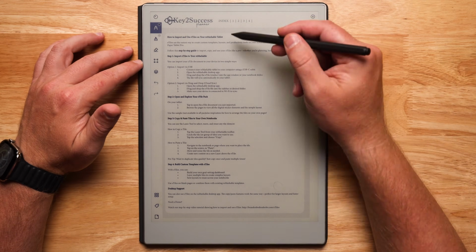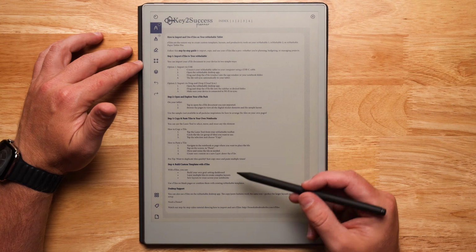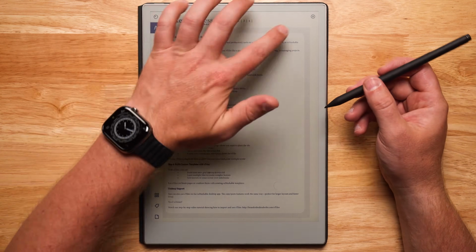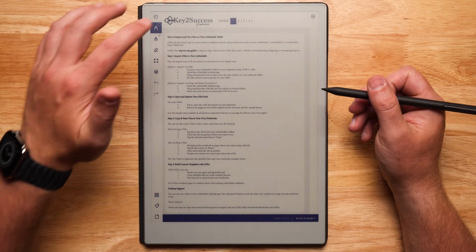It's really simple. The file that you get from us is a reMarkable document, and you literally can either send it to your device over USB, or you can simply drag and drop it in your desktop app, and it'll appear on your device as long as it's connected to the internet. But we have all those instructions laid out for you here, as well as how to use the actual tile inside the notebook. Across the top is an index, so we can click on page 1, and